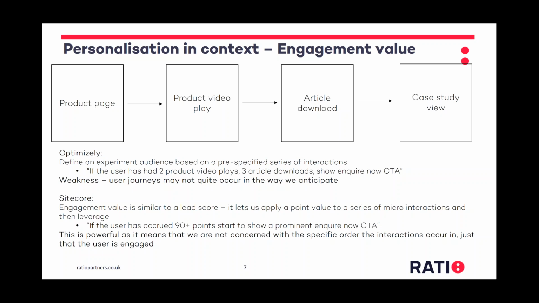So in the case of Sitecore, we would say if the user's accrued 90 or 100 plus points or whatever the scale is that you choose, show a prominent inquire now CTA. And that's quite powerful because it means that we're not predefining exactly what the journey must have been, simply that we're predefining what value we would attribute to each of the interactions they might make. And then any combination of points that they get from those interactions that hits our threshold will let them see